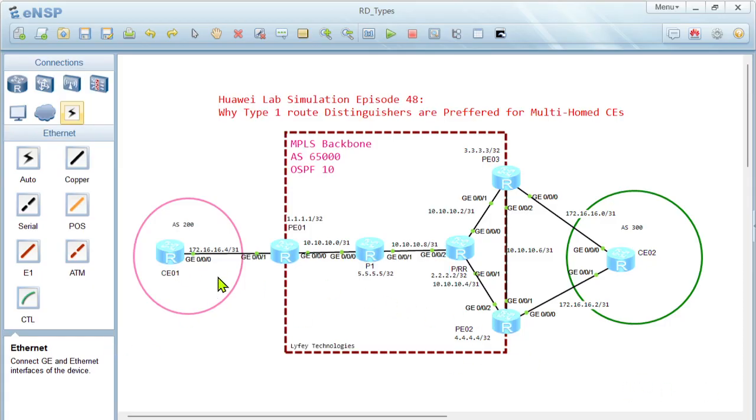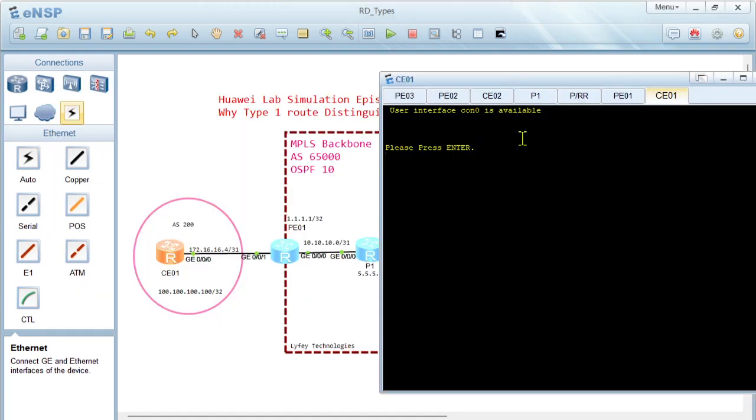So on the CEs, we just need to configure the interface facing the PE and activate BGP. On this router, we'll be creating a loopback IP with an IP address of 100.100.100.100/32 and advertise it in BGP. On the other side, we'll also do the same, 200.200.200.200/32 so that we can test the connectivity between the two routers. So on CE1, very simple configurations, and do terminal monitor,